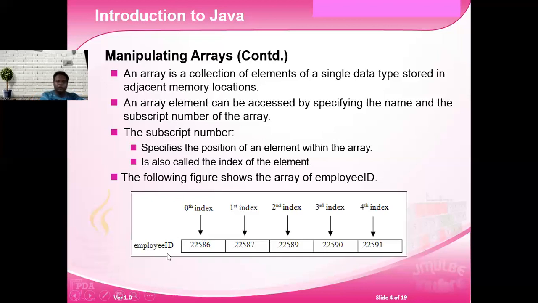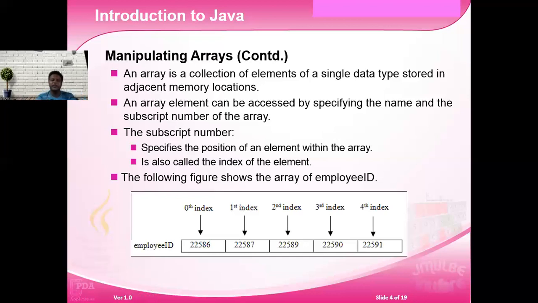Then how do you call the value, or how do you get a value? Okay, in one place, if everything is stored, then how do you call a person? So you have to call the value through the index number or subscript value. So that is called the index number. If you call the index number 0, then you get this value. 1, you get this value. The array index value starts from 0.